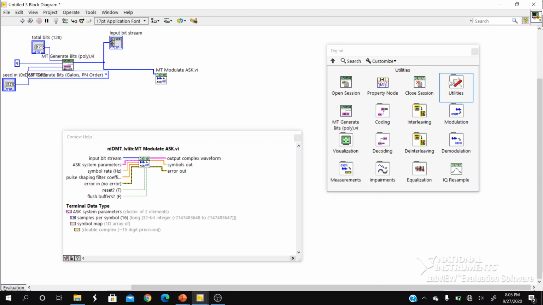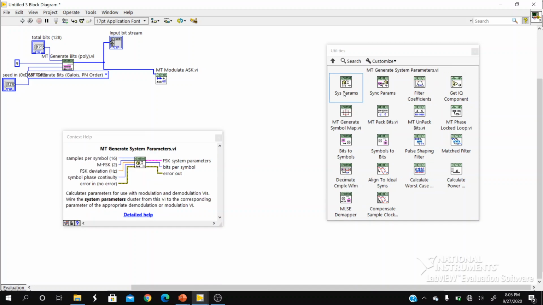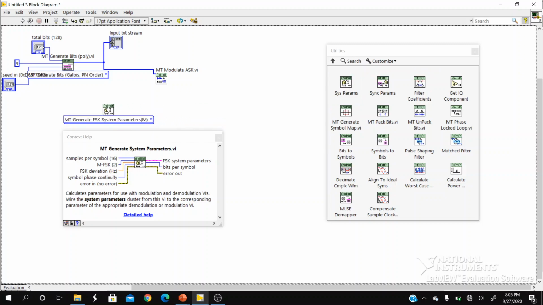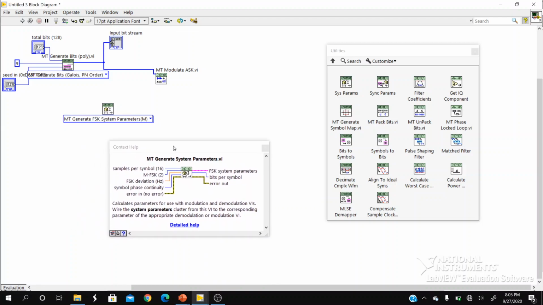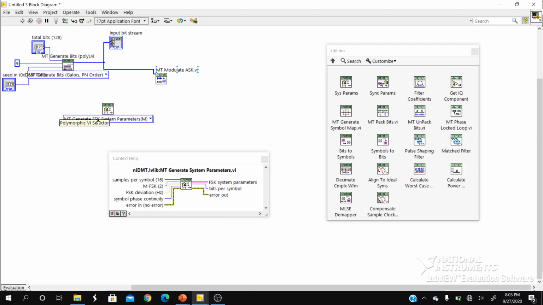There is an option called utilities in the first row, last column. Click on utilities. The first block under utilities will be generate system parameters. This particular block is going to help us in generating the system parameters for all different types of digital modulation scheme. That's the reason why when we select and place, by default it will have the generating FSK system parameters